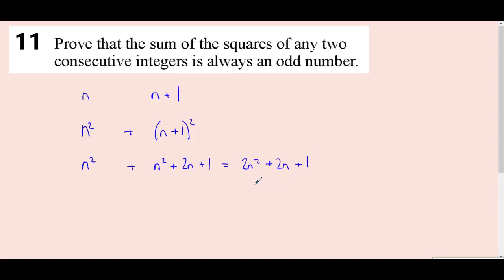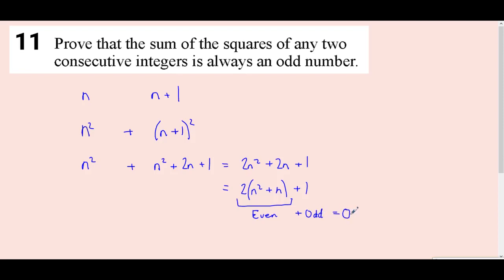Now we've got a few ways we could do this. That would be even, that would be even, that would be odd. Even plus odd will result in an odd number. Or proving it algebraically, we factorize the first 2 terms, so 2 brackets n squared plus n, then we add 1. This means this section is even, because we've got that factor of 2, plus 1, that's adding odd, so